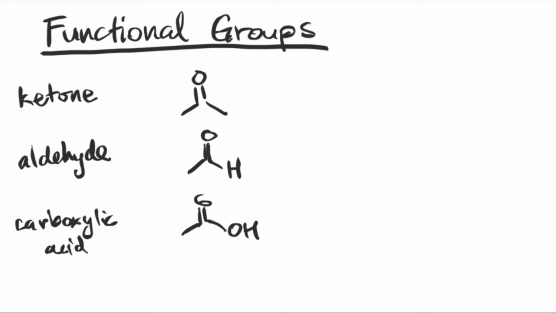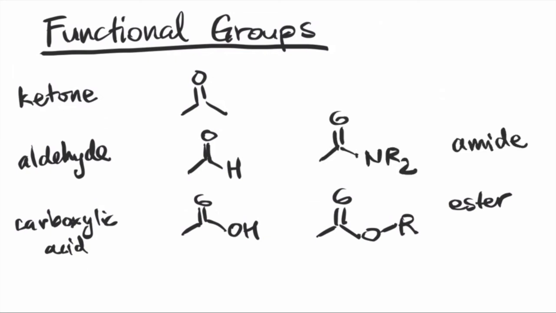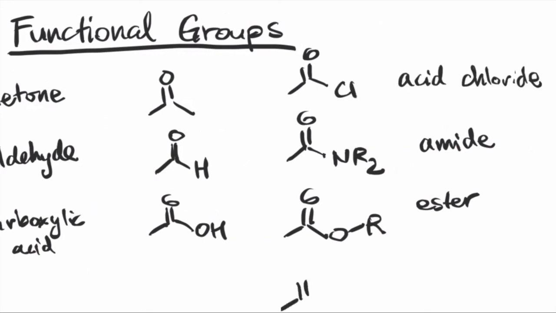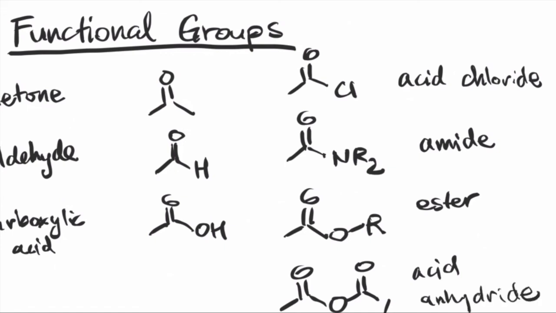Now from this carboxylic acid, you can actually make a lot of other derivatives. So we call these next groups carboxylic acid derivatives. For example, instead of an OH, you add an oxygen and an alkyl chain next to it. And in organic chemistry, we can represent an alkyl chain with the letter R. We have here then an ester. If we replace the OR group with a nitrogen-containing group, we have then an amide. Or you replace the entire side by a chlorine, it would be known as an acid chloride. And lastly, if there are two carbonyls attached to the same oxygen, then it is called an acid anhydride. So that's a lot of functional groups, but for now, we just have to learn how to recognize them when we see a bond line structure.